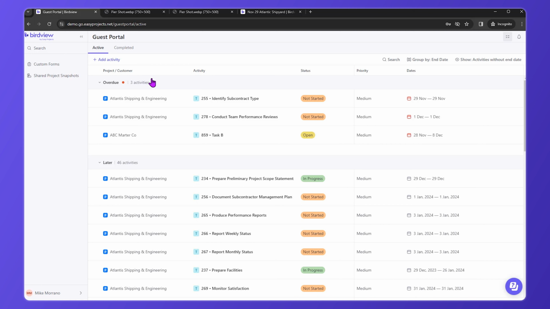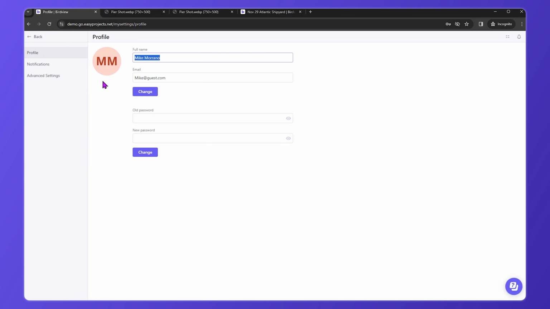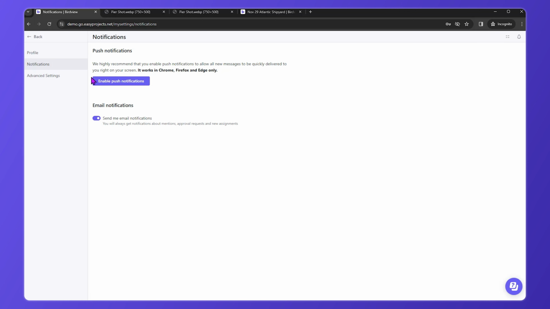Now, your project precedes the name of the activity, followed by the status, its priority, and the corresponding dates. In addition, you can also click on your username and enhance your experience by clicking on My Settings. You have the option to upload an avatar to identify you easily, select your notification preferences, enable push notifications